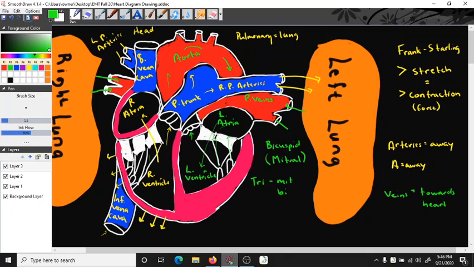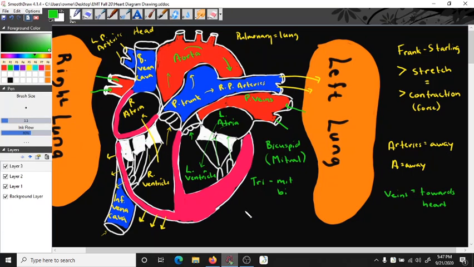Those branch into the brachial arteries. Those are the ones that feed your arm. Your brachial arteries split into your radial artery and your ulnar artery to feed the distal portions of your hands. Another one of these branches goes up to turn into your carotid arteries, which is going to feed your neck and your cervical spine and your head. And then you have the descending aorta, which is going to go down into your abdomen to where you have your abdominal aorta, and then that branches into your iliacs, and then your,